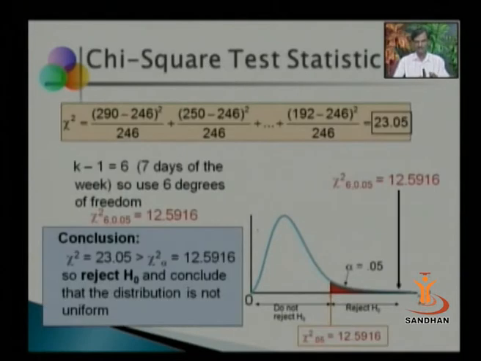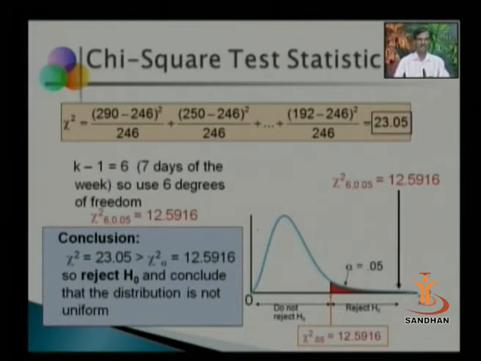So using this test statistic, one can calculate the value of the statistic, that is chi-square, and that is 23.05. Here k is the number of categories, so there are 7 days of the week, and the degrees of freedom is k minus 1. So the table value of chi-square for 6 degrees of freedom and at 5% level of significance, that is tabulated